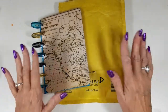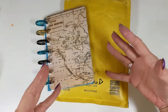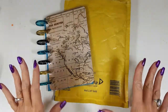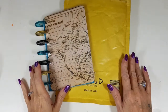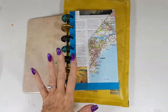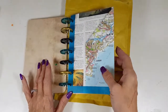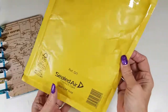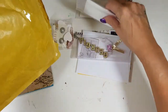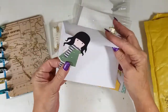I'm Chanel from Stampin Stilettos, and we have had happy mail today, and one of the girls has returned, bringing goodies for our junk journal. For those of you who don't know, we're doing a round the world travel journal where you can all get involved and send bits and pieces in, and we've had lots of gorgeous goodies already. We've already made a start on the journal with some of the bits and pieces we've had back. I'm going to give you an update on how many miles the girls have done. Georgia returned today, and let me show you. I'm not going to show you those just yet because they are just beautiful. So Georgia went to visit